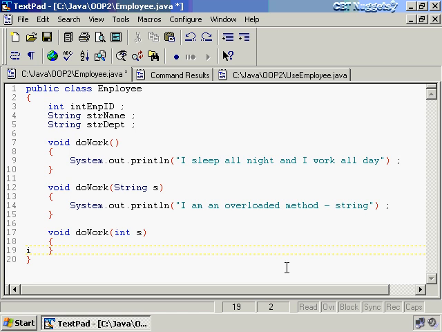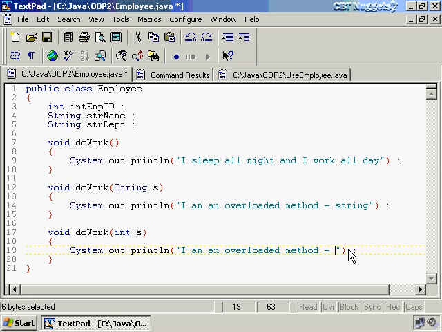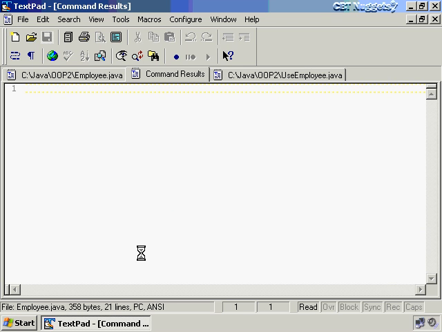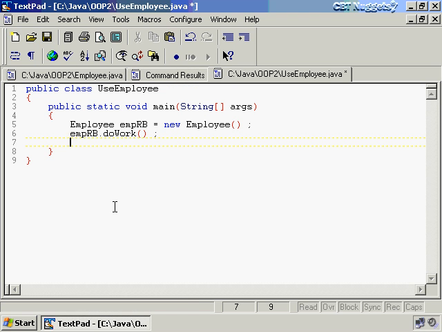Whoops. I had that all selected when I did that. Let me redo that. All right, and I'll type int here. So now, if I pass a string to doWork, it will call the string one. If I pass an int to doWork, it will call the integer one. So let's compile it and run it. Now I'm going to come back here and do an empRB.doWork,